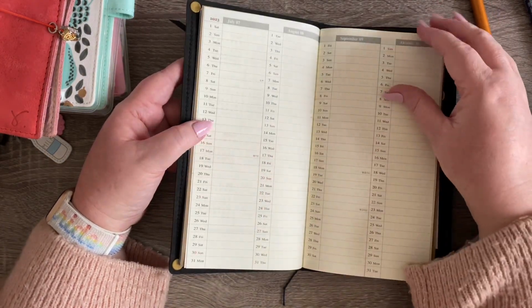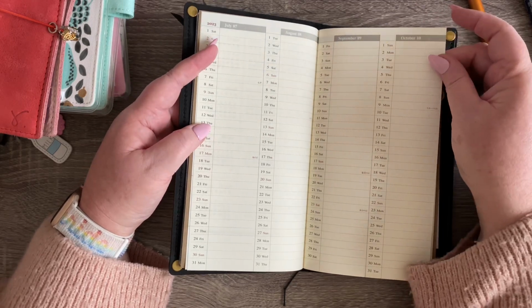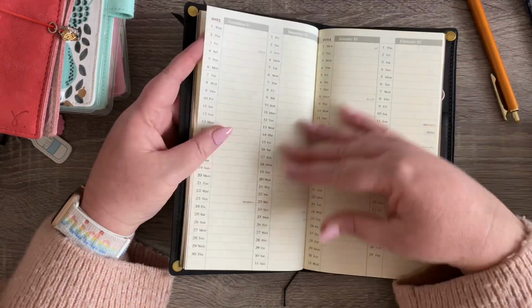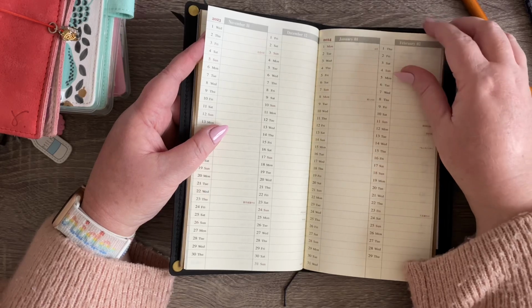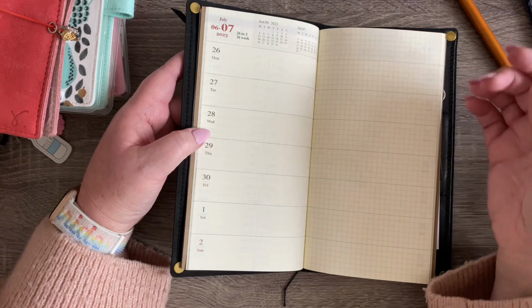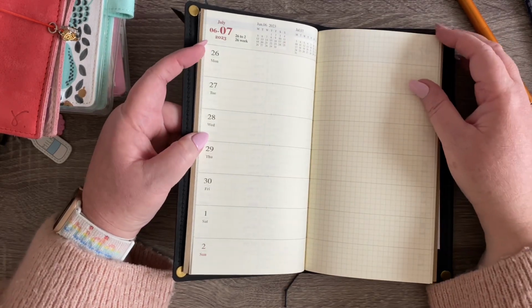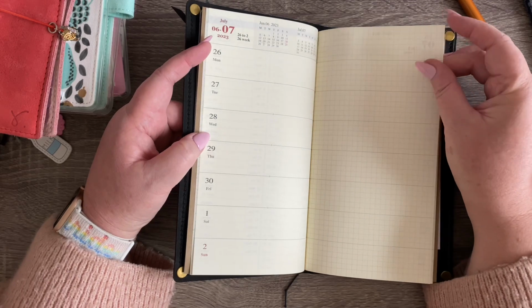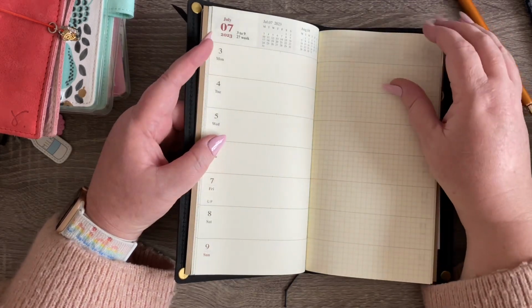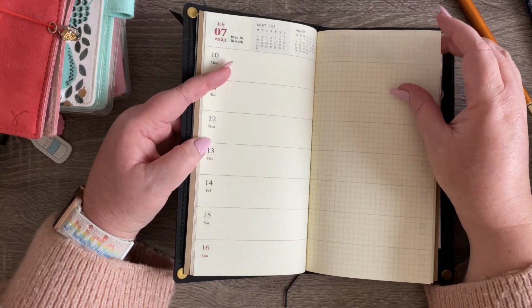This is a July to December book, so it has July through October and then November through February here in that kind of yearly overview look. And then we dive straight into the monthly section. So this starts on the 26th of June, which actually is tomorrow. I can start using this tomorrow. I'm very excited. And you can see it has that Hobonichi week's layout, the Monday through Sunday on the left,